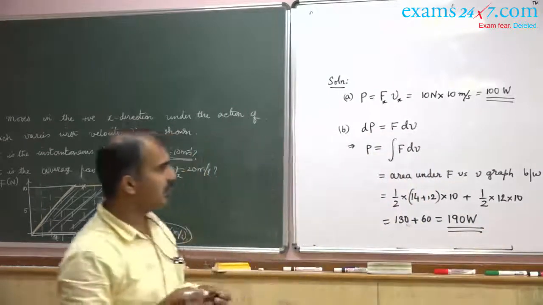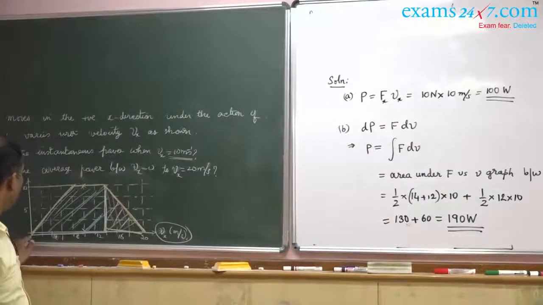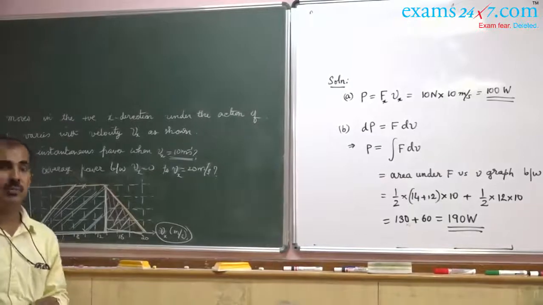So the average power between Vx equal to 0 and Vx equal to 20 meter per second is